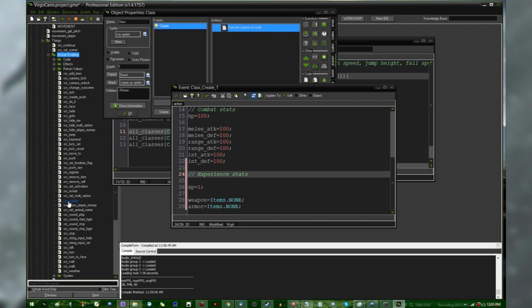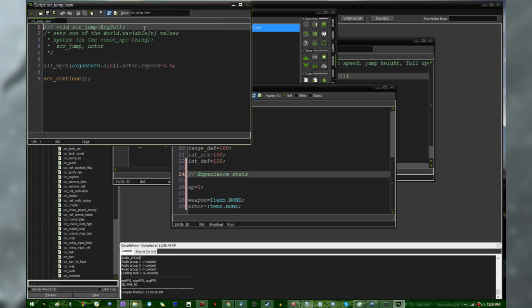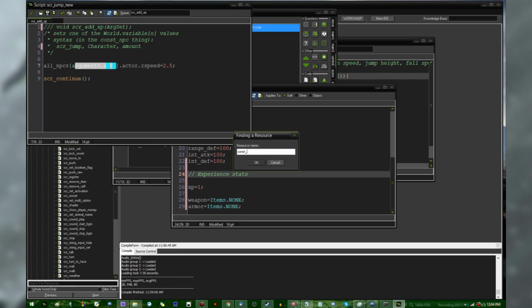Things, actual scripting, and let's say, I'm going to copy jump because jump is pretty straightforward, and I'm going to say add XP. This is going to take two arguments, character and amount. And instead of saying all NPCs of argument 0.a of 0, oh god, that's going to be really complicated for me to explain my cutscene system, isn't it? All right, so if I go back to const cutscene,